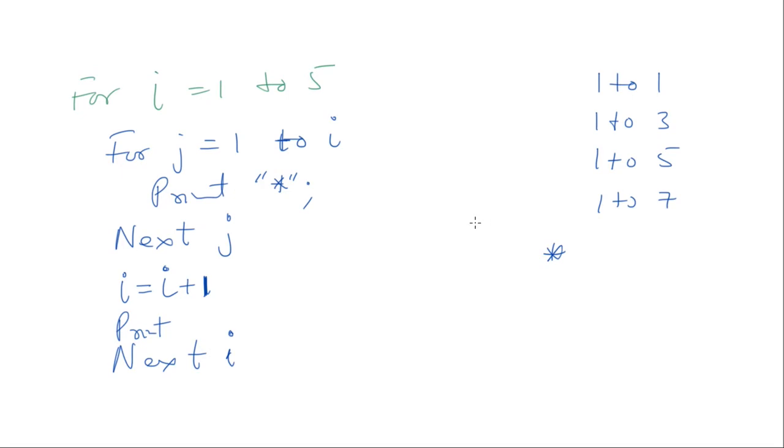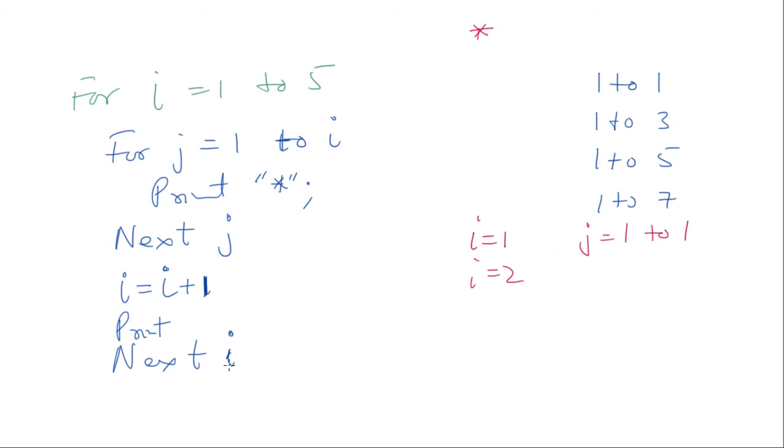And for starters, I'll just write initially, your I was how much? I was 1. And the first loop is running j is equal to 1 to 1. It gets into this. I is 1. And it produces a single star, right? After that, how much does I become? 2. I becomes 1 plus 1, 2. Absolutely right. I becomes 2. Right? And then what happens?